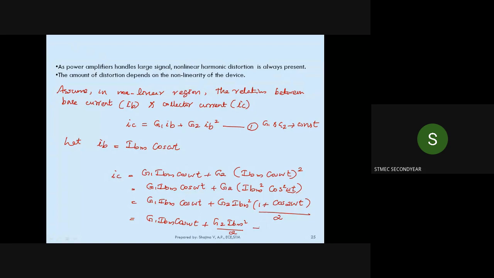Plus 1 by 2 into G2 into IBM square into cos 2 omega t. Okay. Now I am just